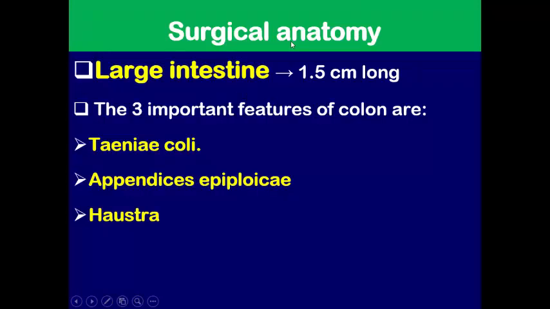About the surgical anatomy of the large intestine. The colon is about 1.5 meters in length and is divided into cecum, ascending colon, transverse colon, descending colon, and sigmoid colon. The three important features of the colon are presence of Taenia coli,